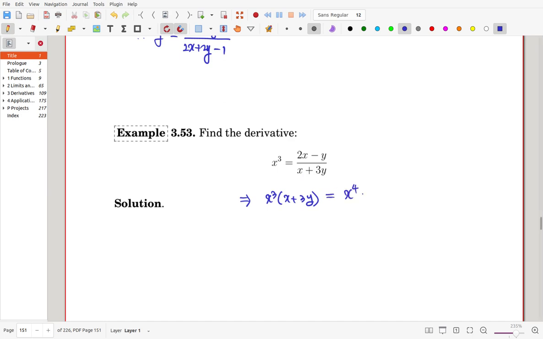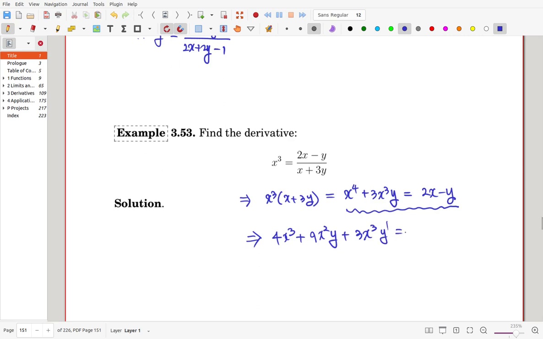x to the 4 plus 3 x cubed y, and the right side must be 2x minus 1 minus y. So that is the equation we have to differentiate with respect to x. From here, that is 4x cubed, and plus, by using the product rule, 9x squared y plus 3x cubed y prime, equal 2